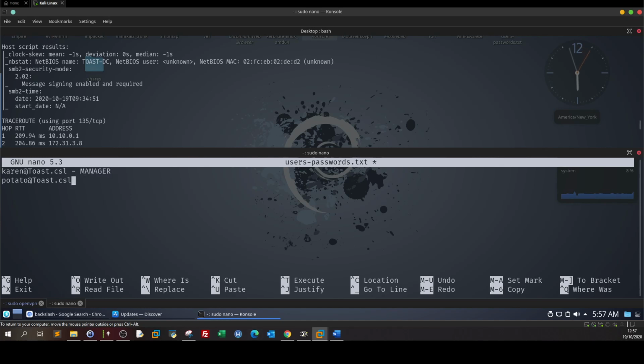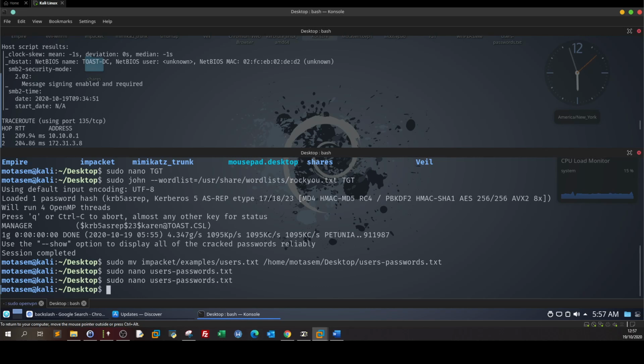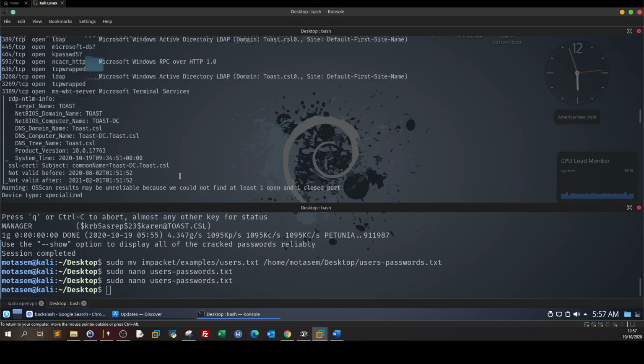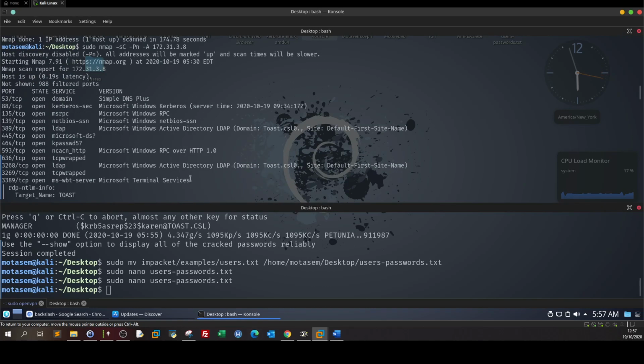So next thing, we found the password of Kieran, so to find the password of potato, we have two options. Let's go back to the nmap scan, see what we can do to find the other password. So we have, let's check again, port 443. We have the RPC. So the RPC protocol is a protocol to display information about the Active Directory or the Windows system. So we can interact with the RPC, or we can interact with the LDAP. Why? Because we have now one password, which is manager. So we can assume the identity of Kieran and authenticate with LDAP or RPC in the hope that we would find something about the user,